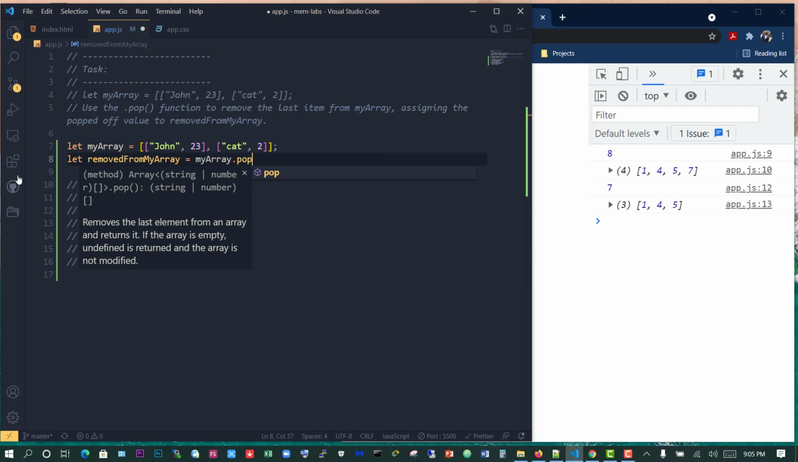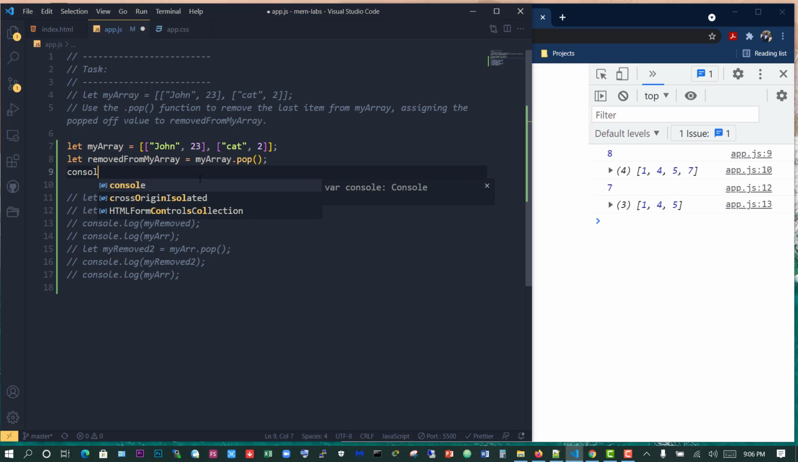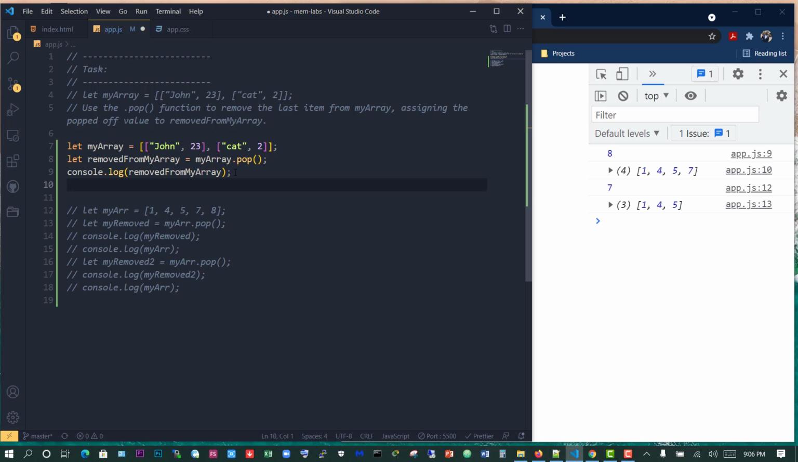and I'm going to specify myArray dot pop, and we expect this to pop off the last value, which is the array containing cat and 2, and then we can as well console dot log the removed value from the array, and also we can show the remaining part of myArray